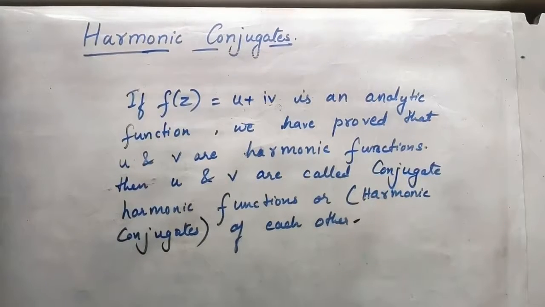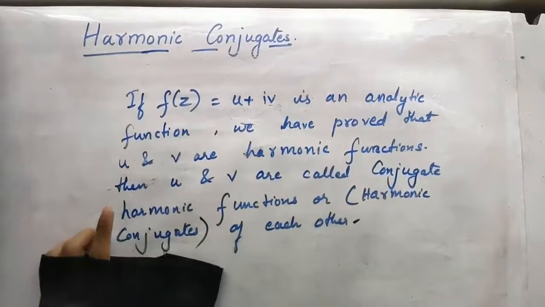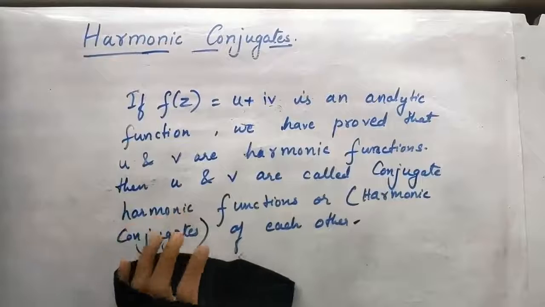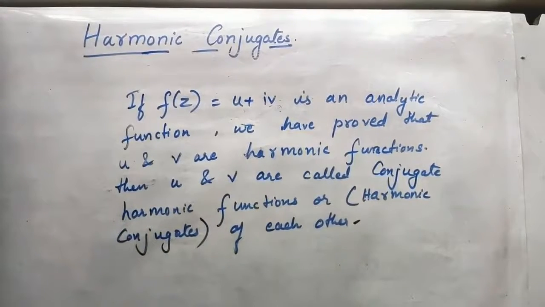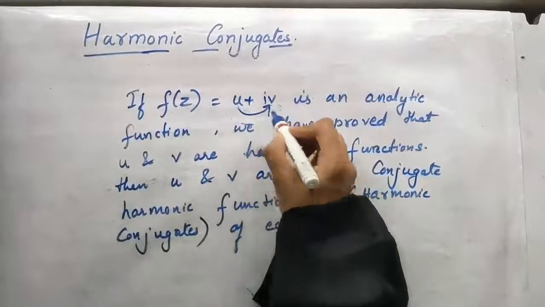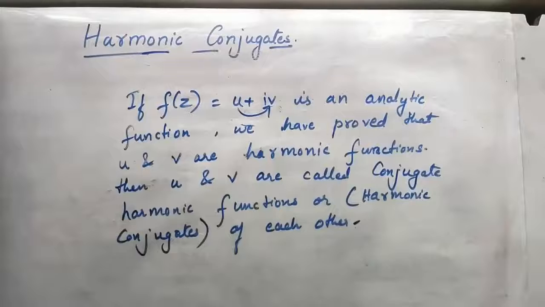That same thing I have written here. If f of z is equal to u plus iv is an analytic function, then u and v are harmonic functions, as we already know as per the property. Then we say that u and v are harmonic conjugates of each other. That is, in a simple way, if you have any analytic function, then it is understood that the real and imaginary parts are harmonic, and once that is there, then we call u a harmonic conjugate of v and v a harmonic conjugate of u. Okay, this is how we take them.